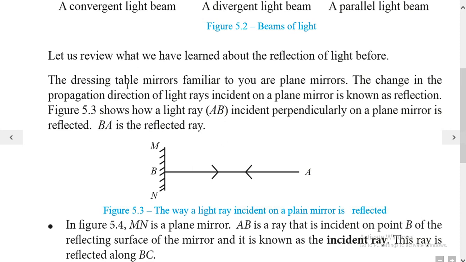It is very important. In this lesson, light, geometrical optics, you have to draw the ray diagrams. Especially when considering mirrors, you have to draw the mirror scientifically. Then how to draw that, how to represent the mirror. Here MN is given; it is the plane mirror. Then the plane mirror we